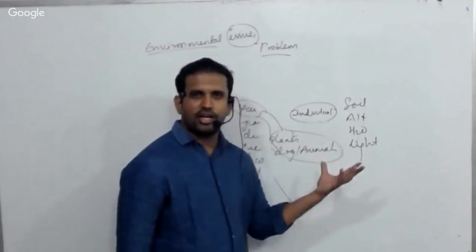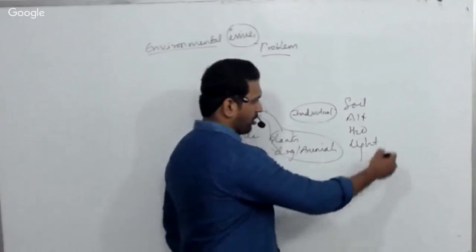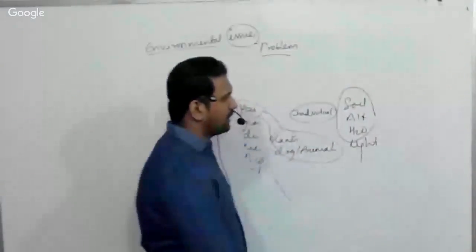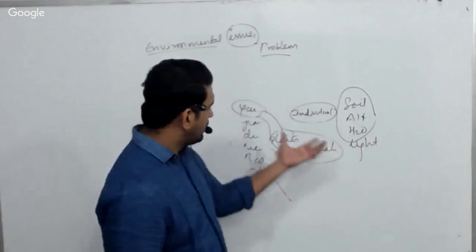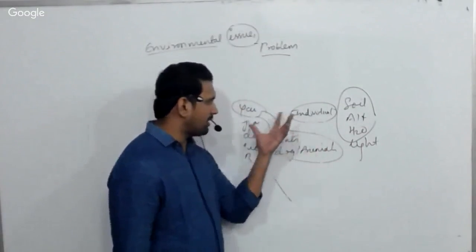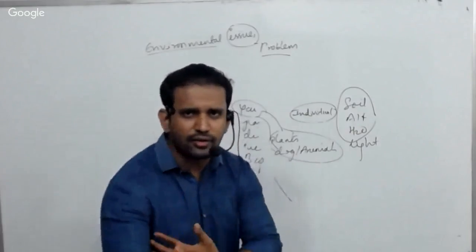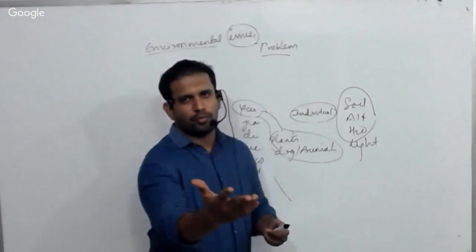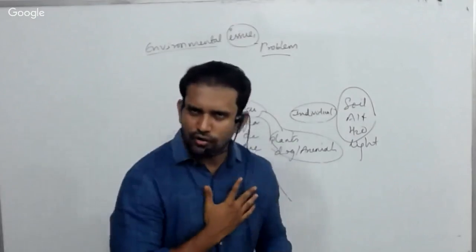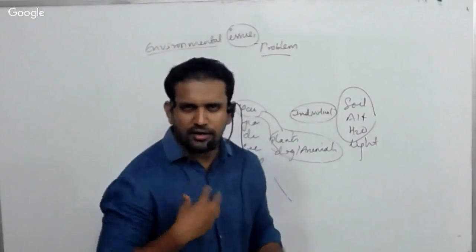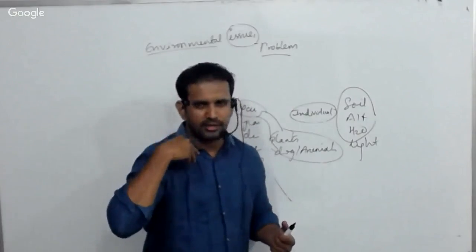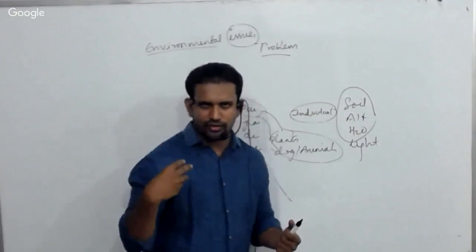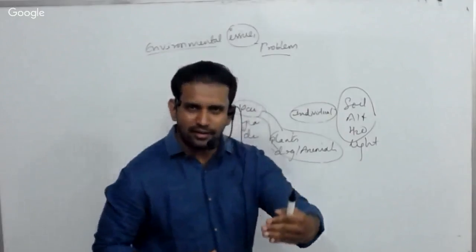In our biodiversity, in our environment, we are more concerned with the living, and with regard to the non-living, we are concerned with these three. So the total syllabus will be around plants, animals, and our interaction with them, because we do interact. We give carbon dioxide to the plant. For the plant, carbon dioxide is the input, and the output is oxygen, which we take. So we interact, right or wrong?